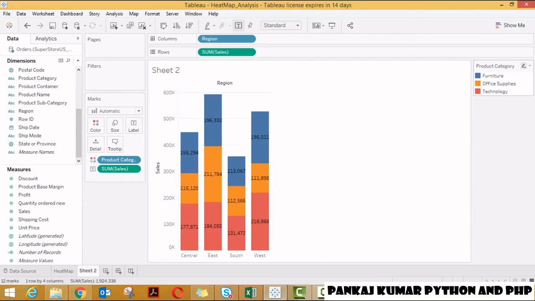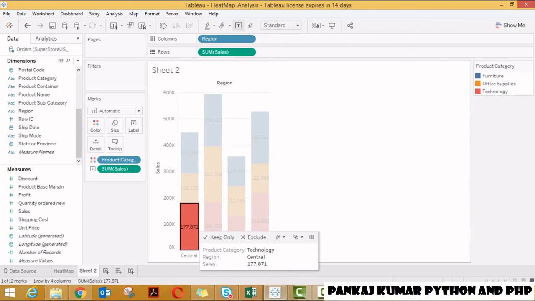Look at this: the product category contains only 3 categories: furniture, office supplies, and technology. All these three are under different color codes. The pink color represents technology, the orange color represents office supplies, and the blue color represents the furniture. Out of all three product categories, technology is selling more.